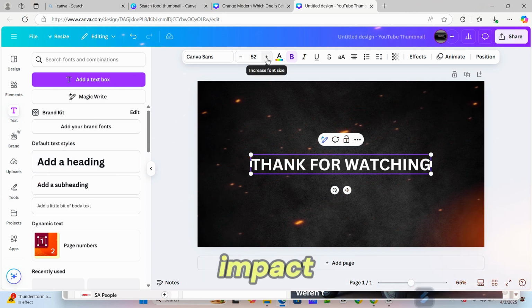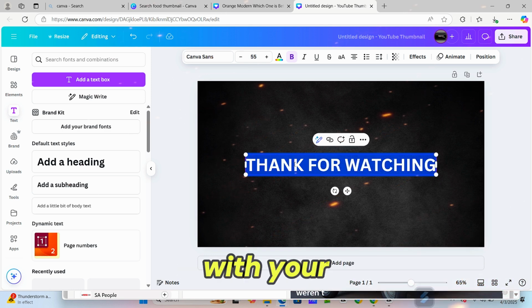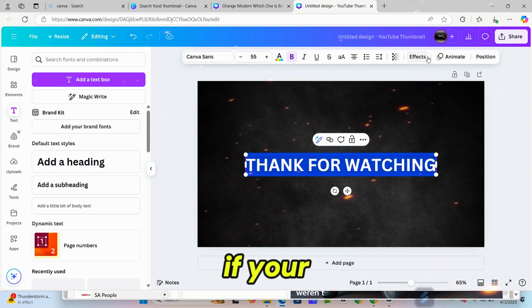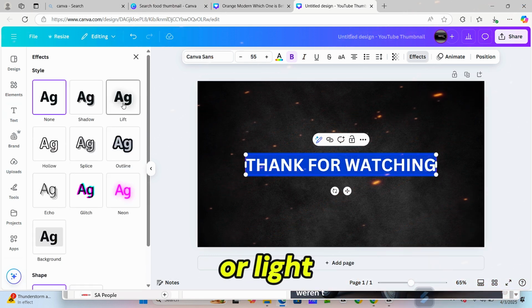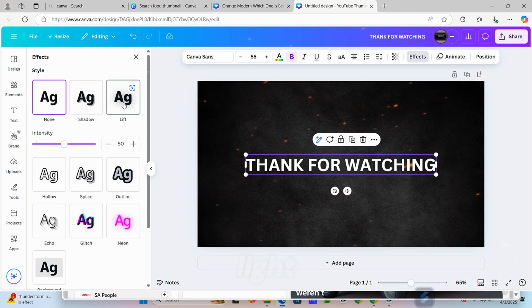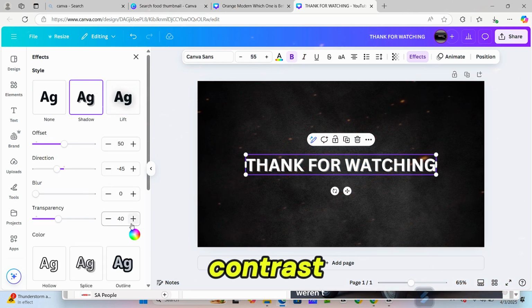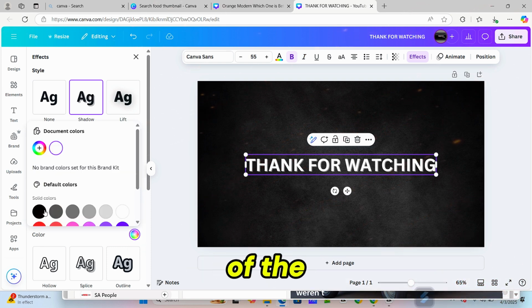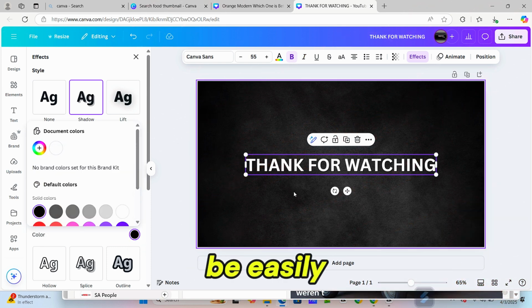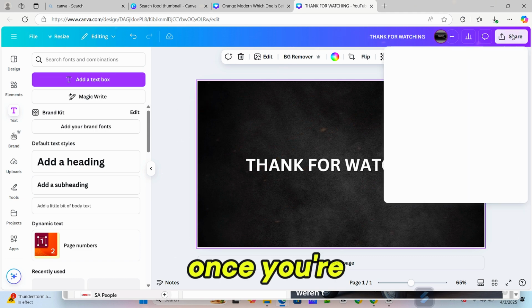For maximum impact, choose a color that contrasts well with your background. For instance, if your background is dark, use white or light colored text. If your background is light, use dark text for contrast. Don't forget to adjust the size of the text. It should be big enough to be easily readable, but not so large that